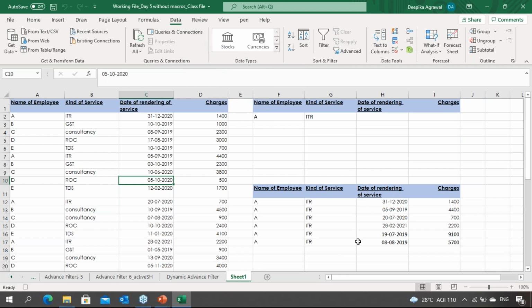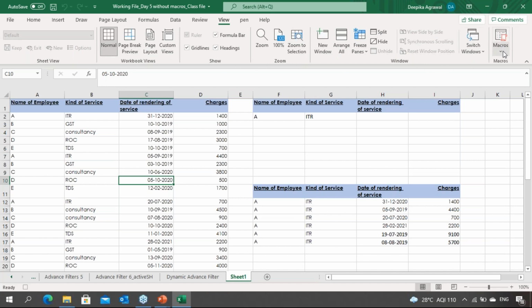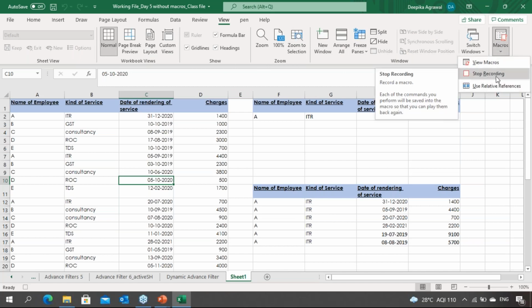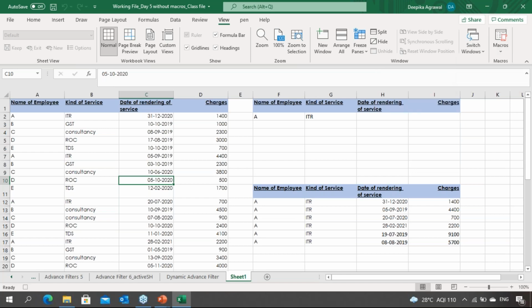So as soon as I pressed OK, now what has happened, A का जितना ITR में सर्विसेज था वो सब यहाँ पे विजिबल हो गया है मुझे। ठीक है, मेरा प्रोसेस खत्म हो गया। So once my process is finished, what I'm going to do is that I'm going to stop recording. आप यहाँ ड्रॉप डाउन में देखोगे, यहाँ आपके पास स्टॉप रिकॉर्डिंग का बटन आ गया है, and you do stop recording. What was my macro name? My macro name was macro 5. स्टॉप रिकॉर्डिंग हो गया।